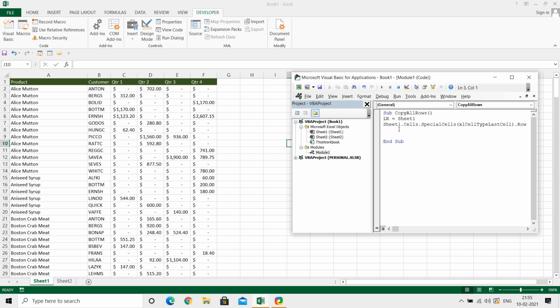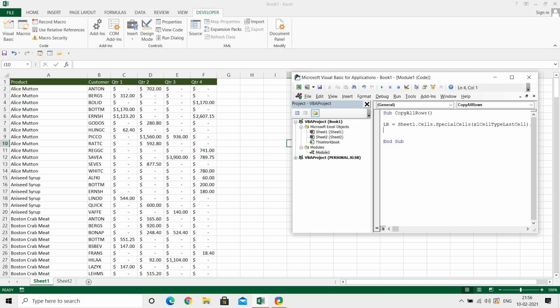So we can give this name LR equal to like this. LR means last row. We need not have this, we will delete this. So LR equals Sheet1.Cells.SpecialCells(xlCellTypeLastCell).Row. This is how we have to find out the last row.